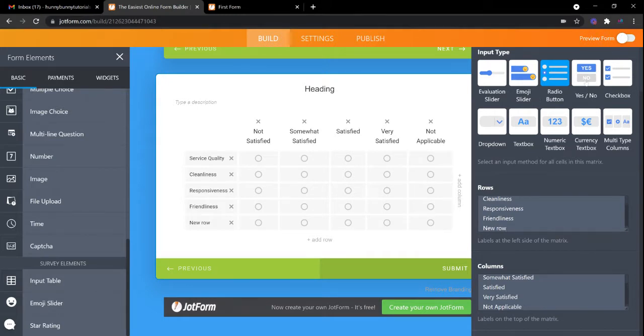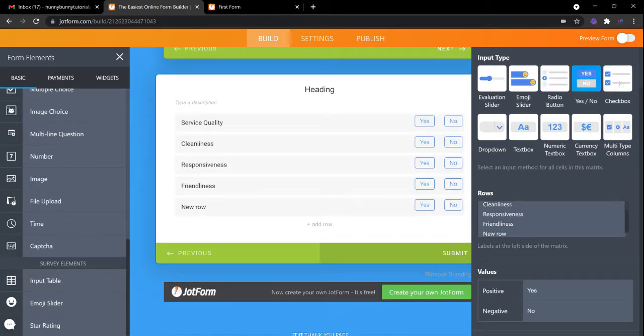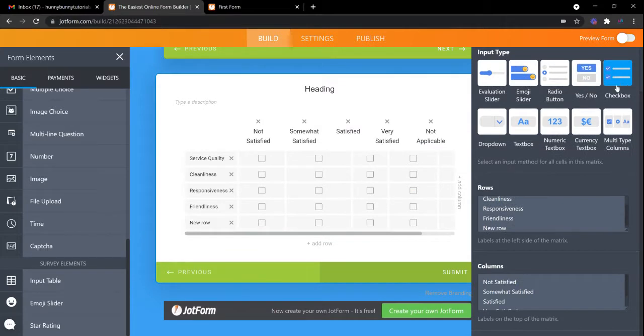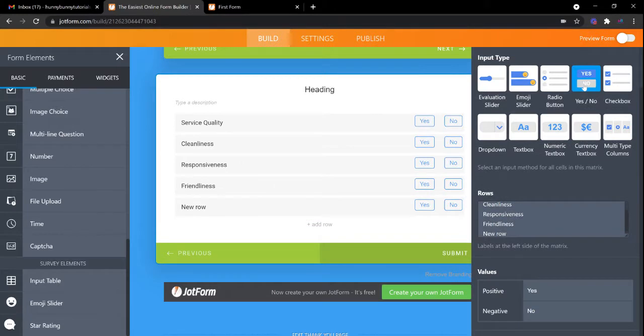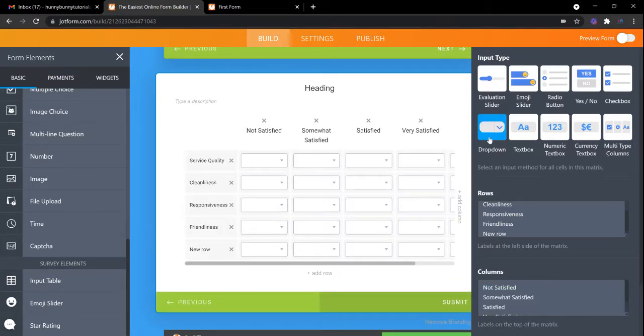Like this is a new row. We can simply have the yes no matrix for our questions. We can have just the checkboxes. In checkboxes and radio buttons and in other things, we can specify the column labels we want to display, but in some cases the column labels will definitely be limited, like yes no. In that case you cannot change the column label, it will be either a yes or a no. Definitely you can change the label, but the answer will be either positive or negative. If you simply want to display a drop down for all of your options, then we can do that.